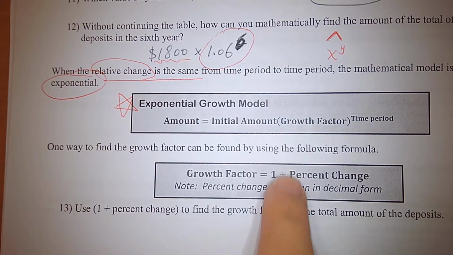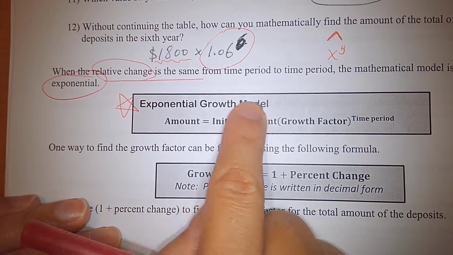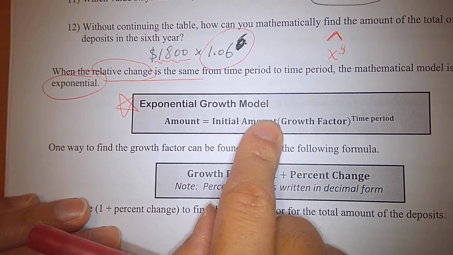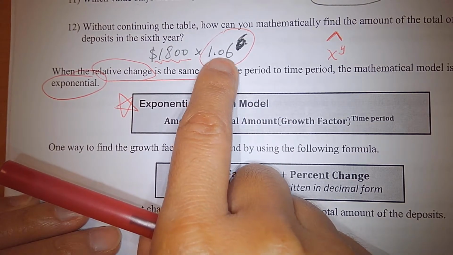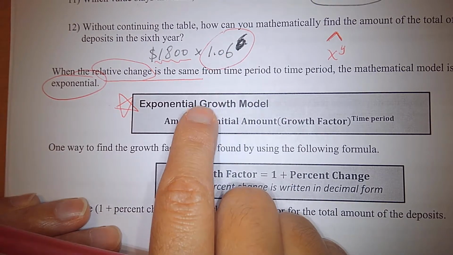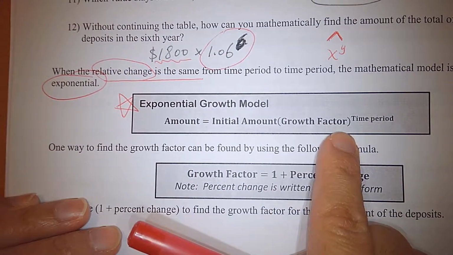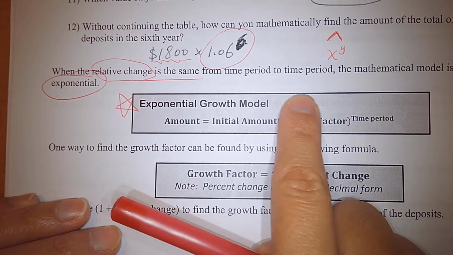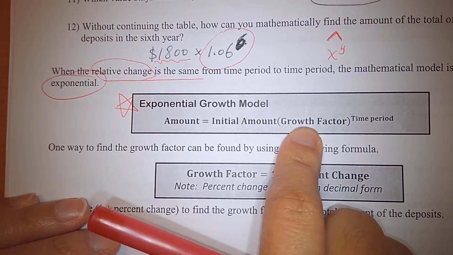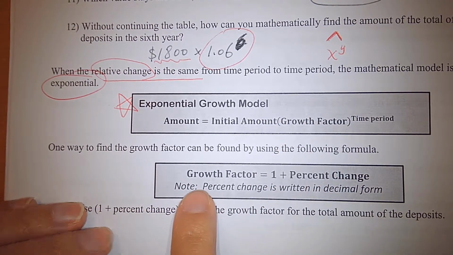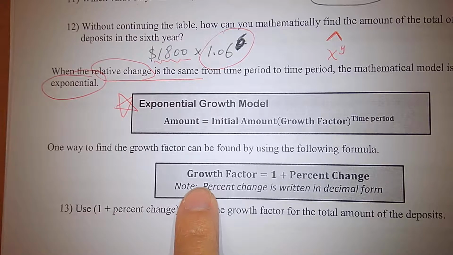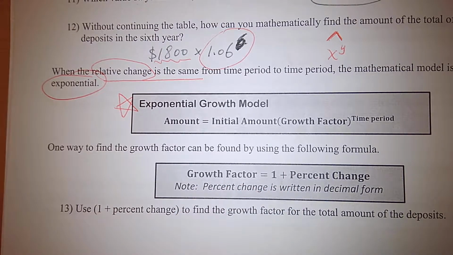Do you see that? I want you to really understand this: initial amount times growth factor to the time period. Now, how can we figure out the growth factor in the exponential model? There are two ways to find the growth factor. So, two methods. Method 1